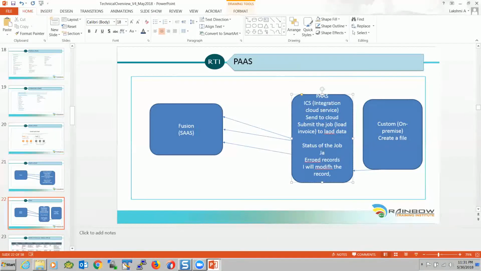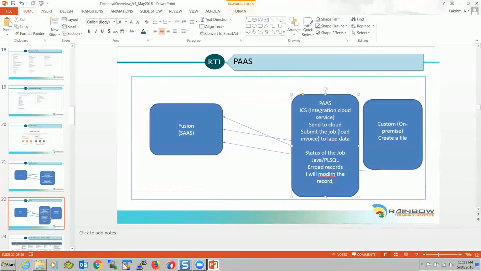Our ICS also has some flexibility, which it can handle the error records and do the operations. With Java or PL SQL, what you do here is typically take the error records, modify the records again, and do these operations again. So what I'm saying is,